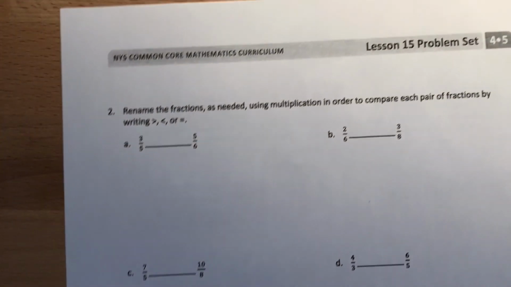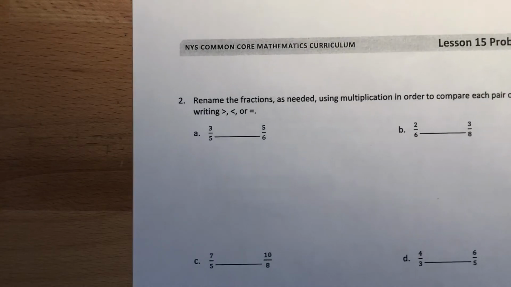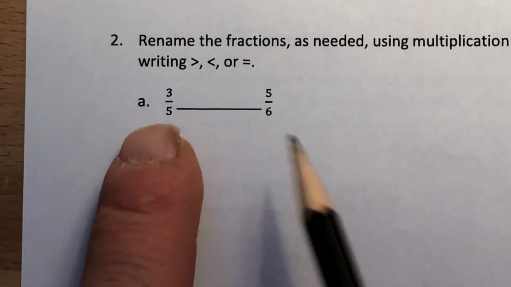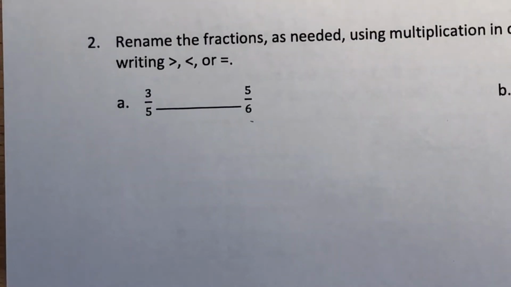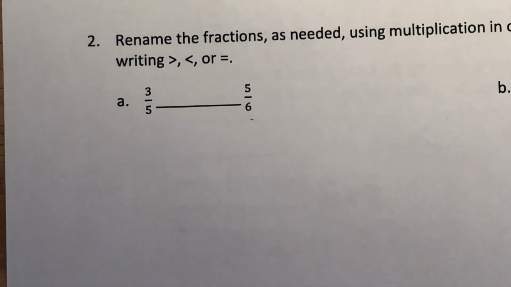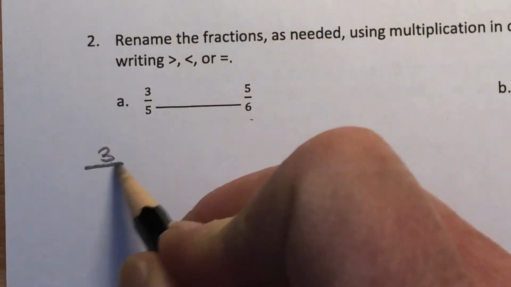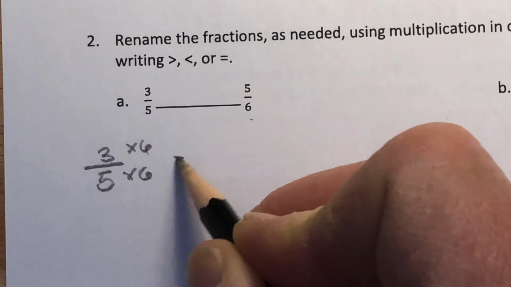All right, it says rename the fractions as needed using multiplication in order to compare each fraction by writing greater than, less than, or equal to. Okay, so let me show you how cross multiplication works here. 5 and 6. The closest multiple they have in common is 30, because 5 times 6 is 30, right? So if I show you what we do here, I say 3/5, and I'd multiply both those by 6, and that would equal